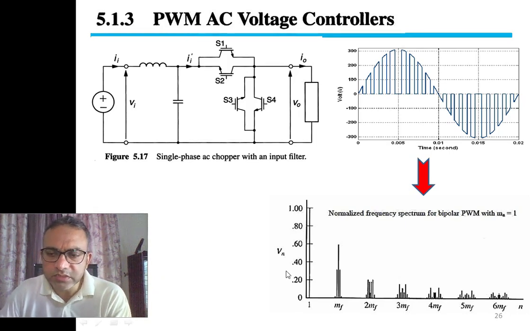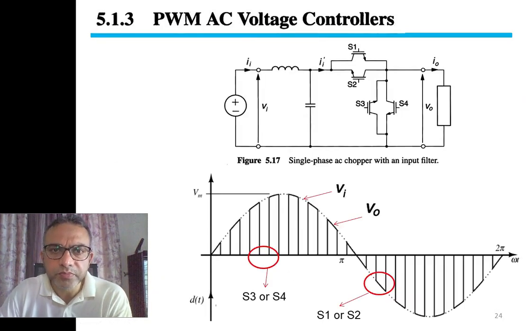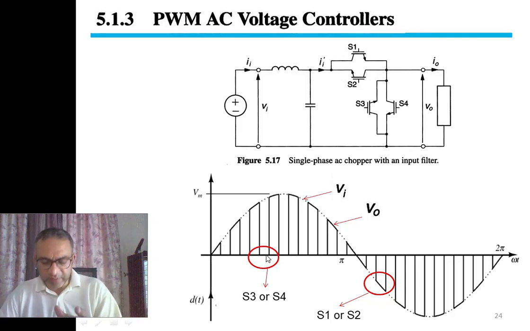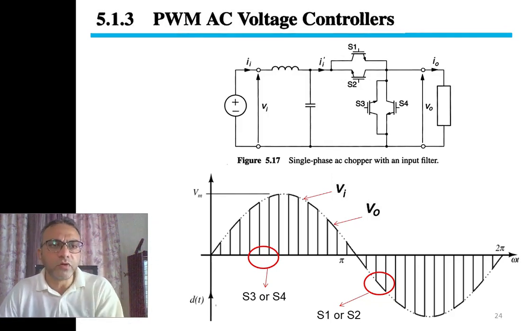Why? Because let us go to the previous slide. Here we see a sine wave, and then the sine wave suddenly becomes zero due to the PWM multiplication. Again, we see the sine wave. I'm talking about the bold waveform. We see the sine wave, and again suddenly the voltage becomes zero. Then again we see a sine wave, and after that the voltage suddenly becomes zero.